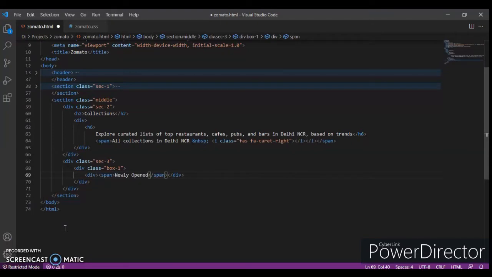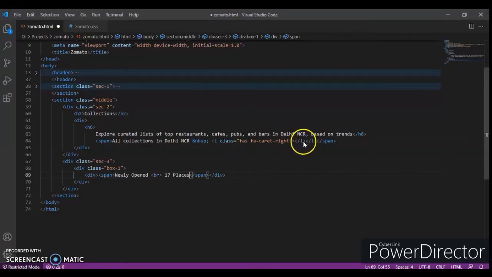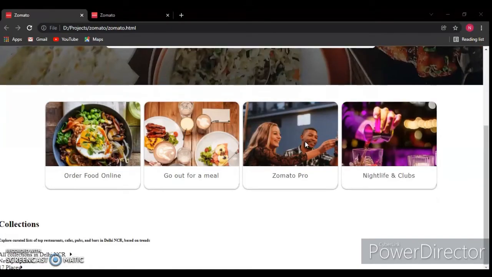Now add a br tag and write 17 places. And again this one icon, so just copy and paste. Why the duplicate? Okay, remove it one. Now copy and paste. Control C. Save. Now refresh. Here is that tag, and now